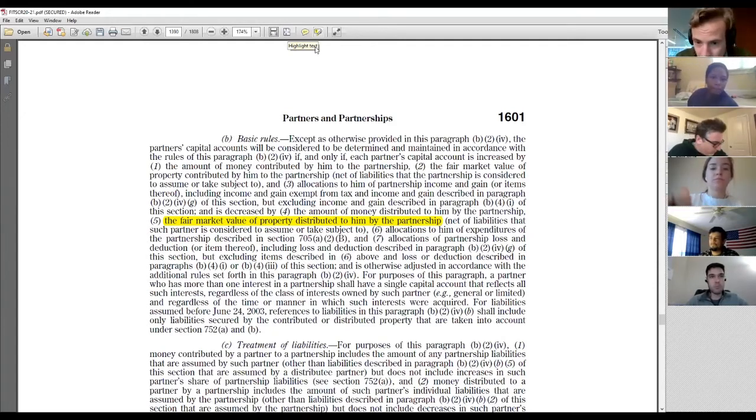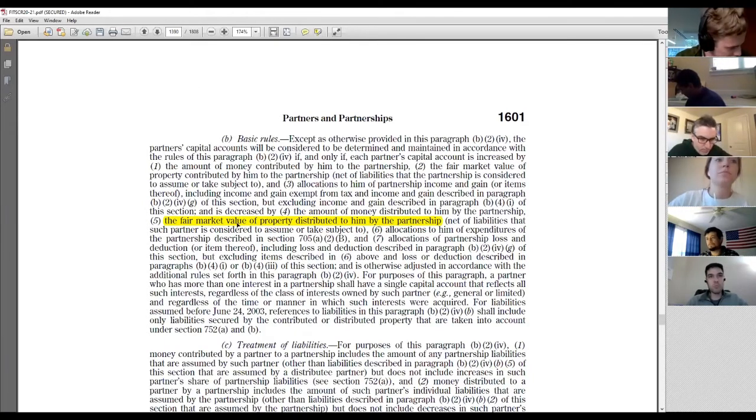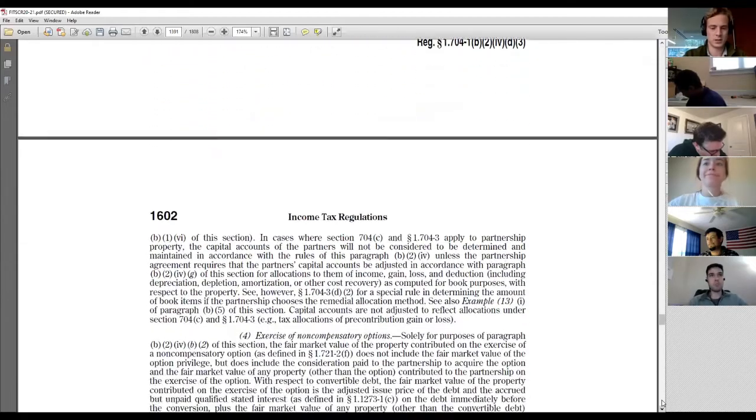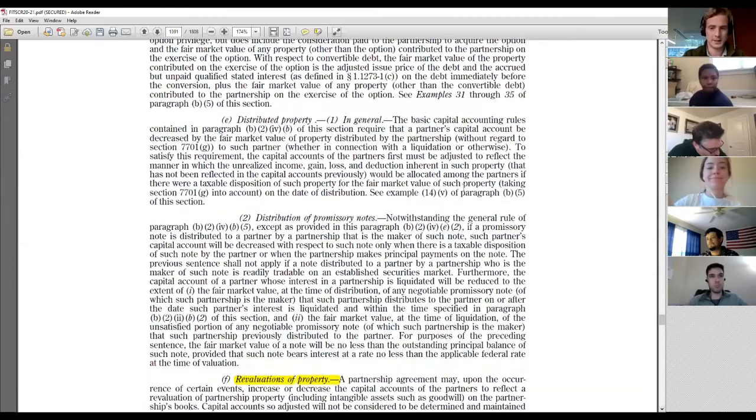Now, the property is booked at a different value than the fair market value, right? It's generally going to be historical cost, less any formulaic depreciation, so it's not going to be booked at the fair market value before it's distributed, absent something else. And so we have to deal with that. And so Reg. 1.704-1(b)(2)(iv)(e) has a common sense rule that says,